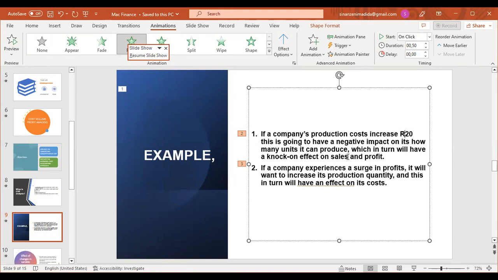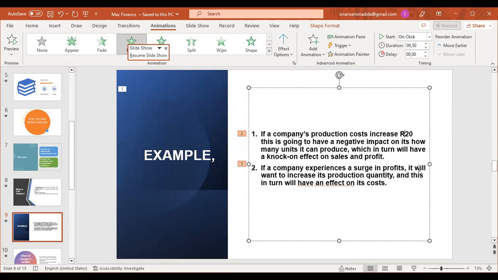Our sales here are going to decrease because we are going to also increase our selling price. If we are increasing our selling price, we are going to have fewer people buying our product. Hence, our sales volume or sales units are going to decrease. Also, our profit is going to decrease. That's example number one. Then example number two, if a company experiences a surge in profit,